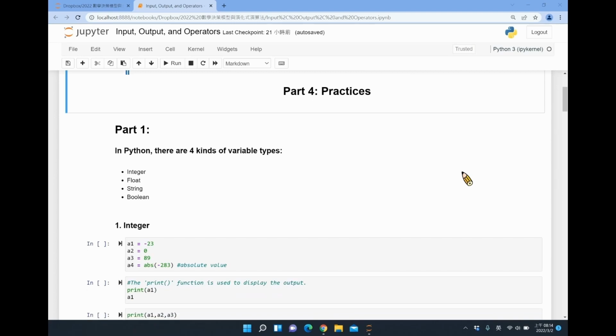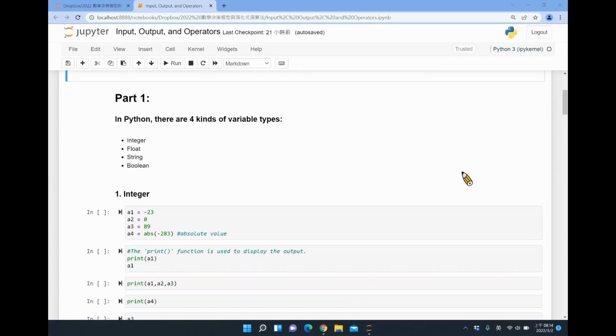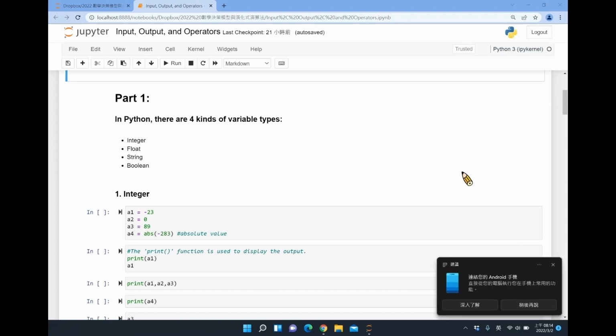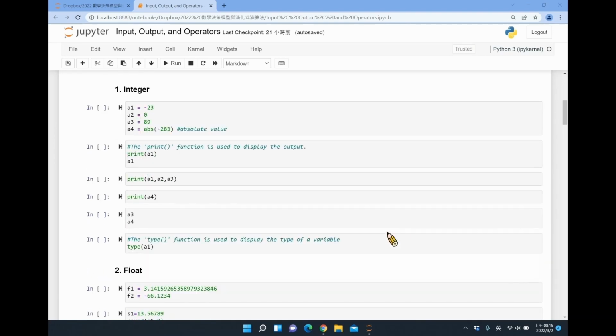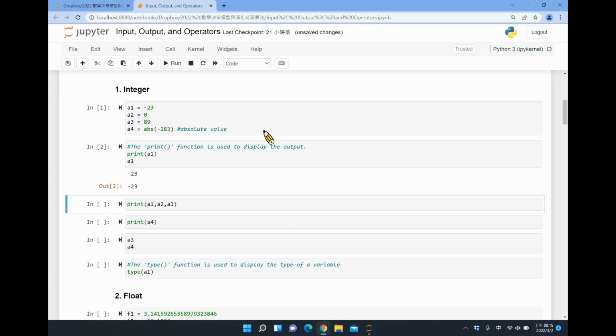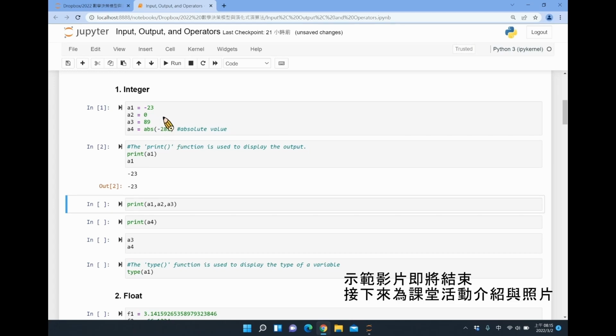So first we want to know the variable types. The most commonly used 4 types in Python are integer, float, string, and boolean. So what is integer? I guess we already learned it from previous classes. Integer means like 1 or 2. It means a number without decimal numbers. So it can be a negative number or positive number. So integer is probably the mostly used variable in